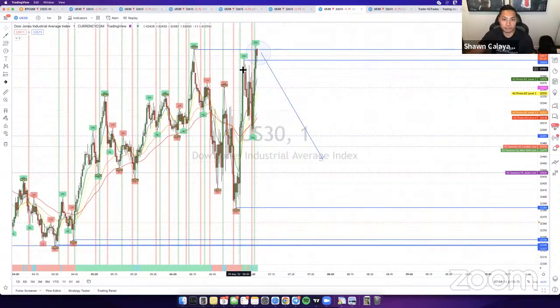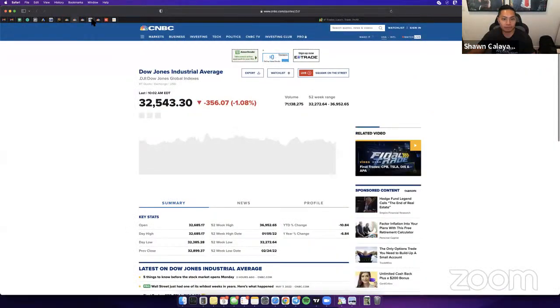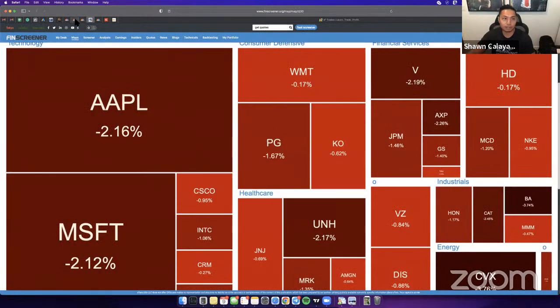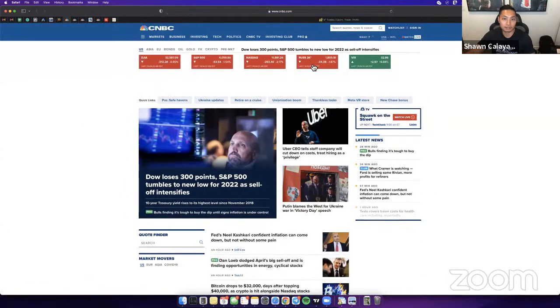There's no reason for price to push up. This push up right here is all manipulation, right? Because who would buy US30 when everything is literally red, right? This is all like a manipulated push to the upside. There's no reason for anyone to take any buys. The entire stock index, like every stock index, is red.